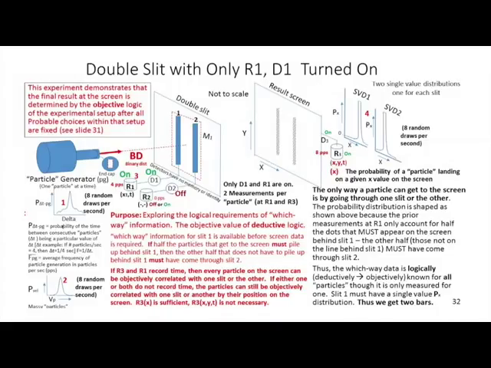So we have a particle that comes out, and we said 8 particles a second, 4 a second going through each slit. So 4 times a second, something will go through this slit, and something will be written there in R1. And then they'll go, pick one of these single value distributions and stick it right here in this slit 1 pile someplace with a random Y. All right, now